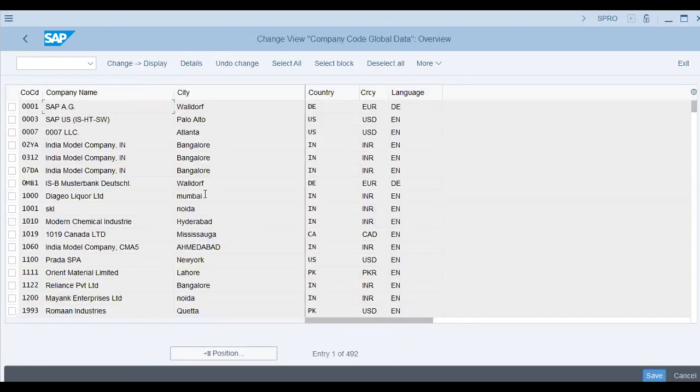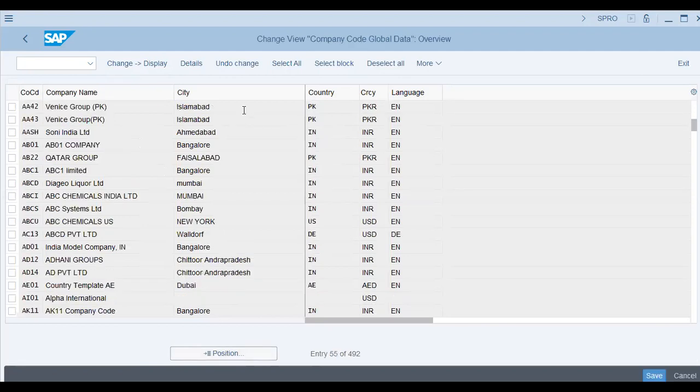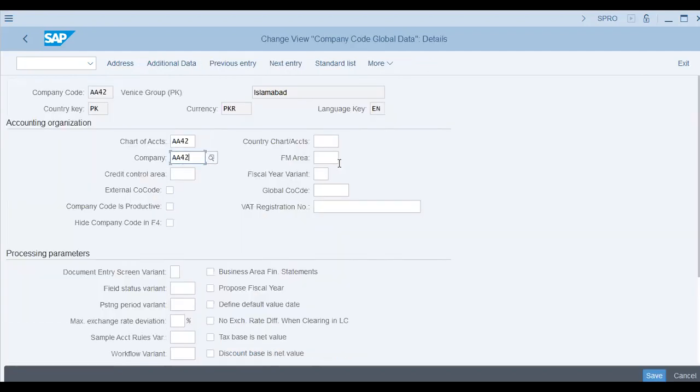Position AA42 is our company code, Venice Group. AA42 company is AA42. Okay, field status variant, posting period variant, these are not maintained. We will maintain this fiscal year variant,